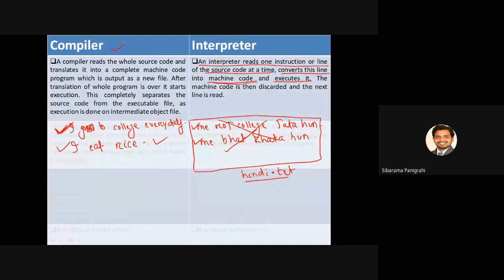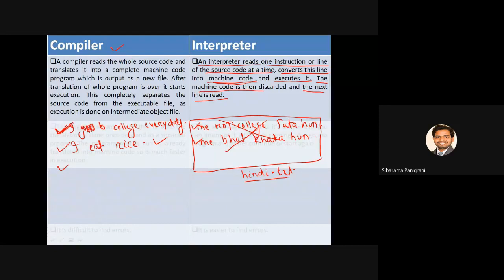So मैं रोज कॉलेज जाता हूँ. Then the machine code is discarded, it forgets the previous machine code, and the next line is read. So next it will read I eat rice, मैं भात खाता हूँ. Then again it will forget it, then it will read the next sentence. So this process will go on.